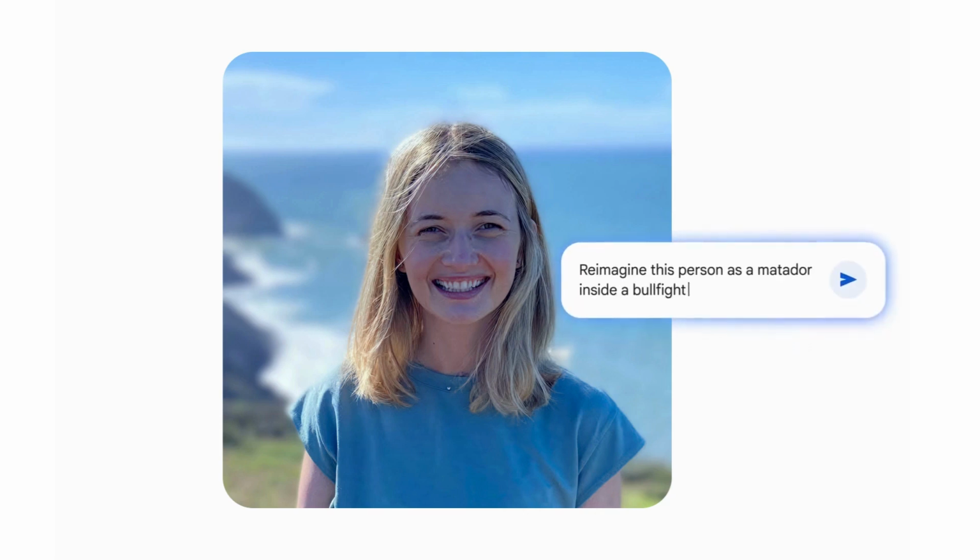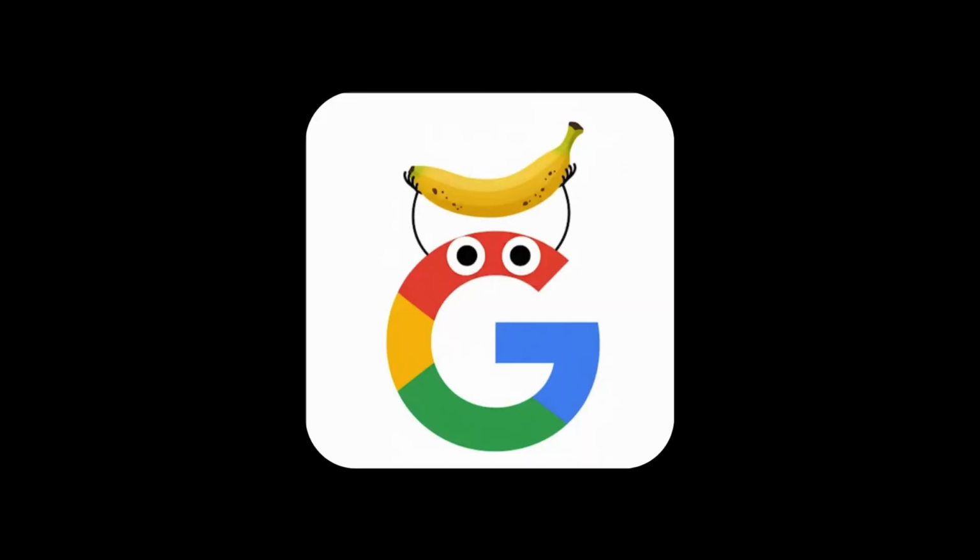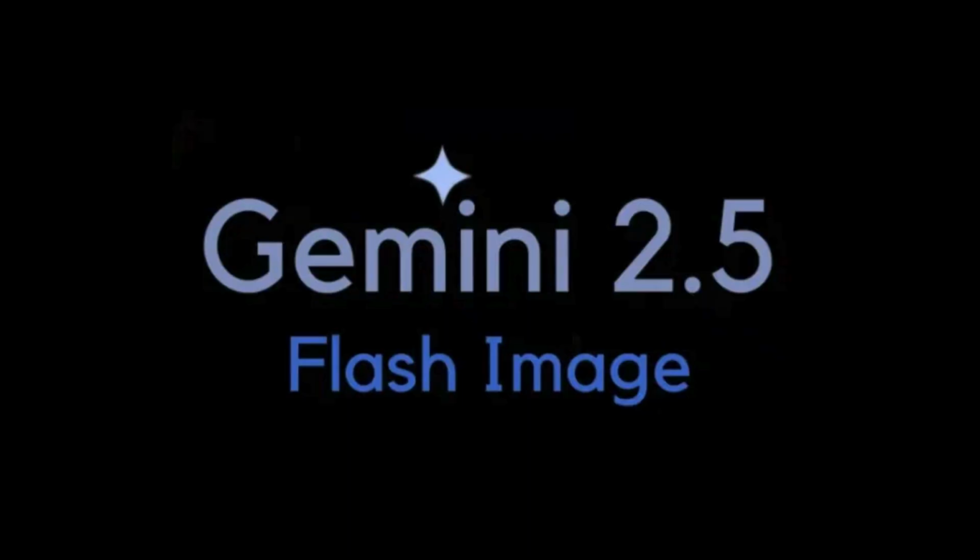Have you ever been able to easily transform your photos with just a few words? No? Well, let me introduce you to a quirky new tool, Google's upgraded image model, Nano Banana, officially Gemini 2.5